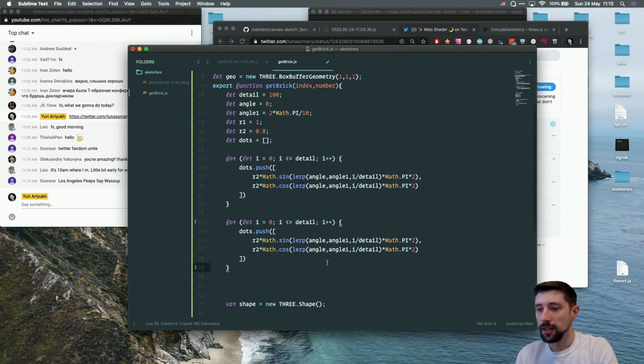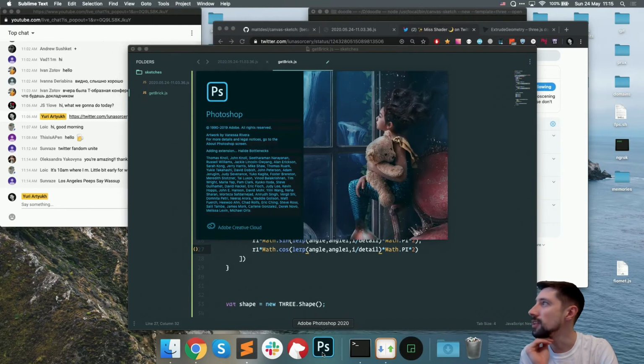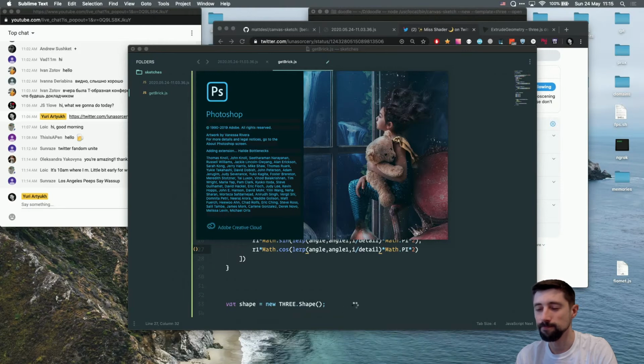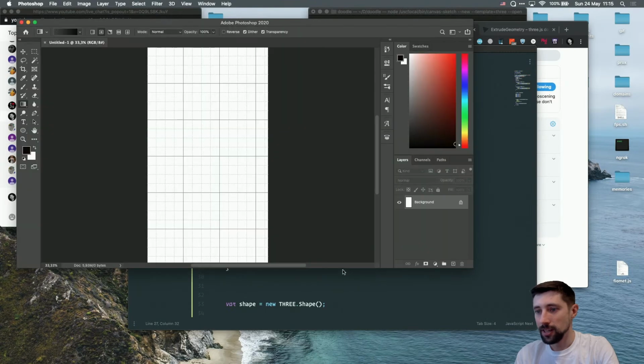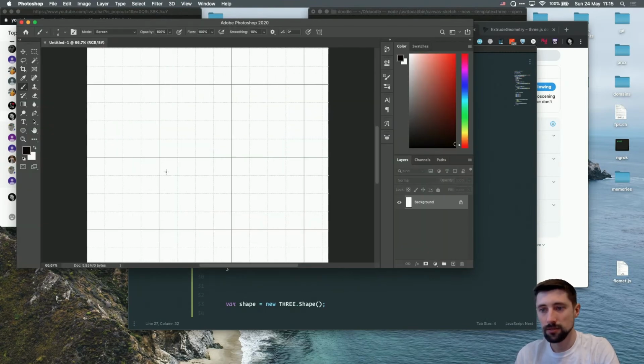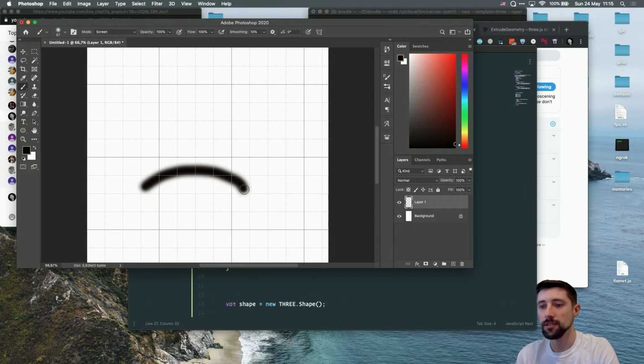also detail, and then the first radius. And then the only difference I would need to make here is I would actually draw it. The simplest application to draw something. Photoshop, of course. So I created something bigger. So I did this, like center is here, and I drew this in this direction, like this angle